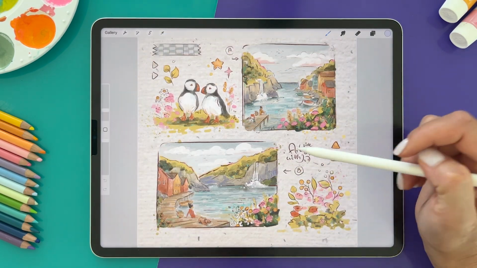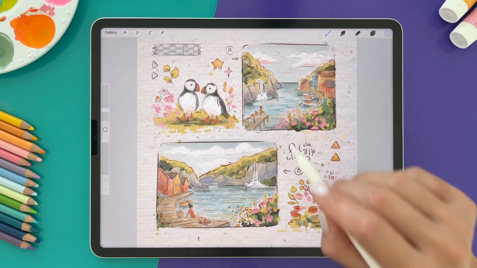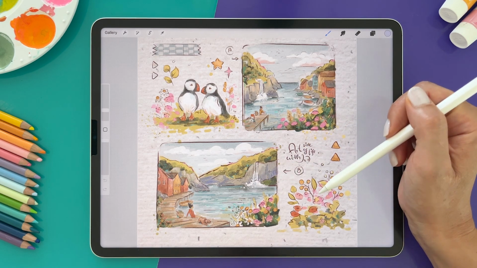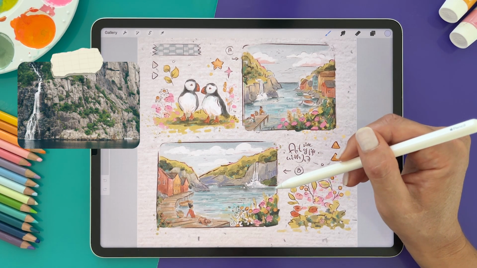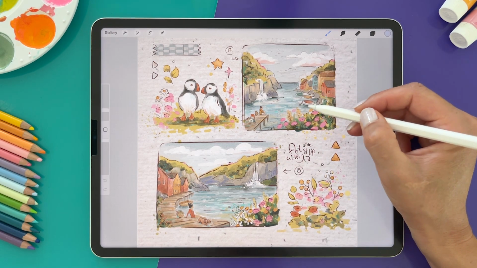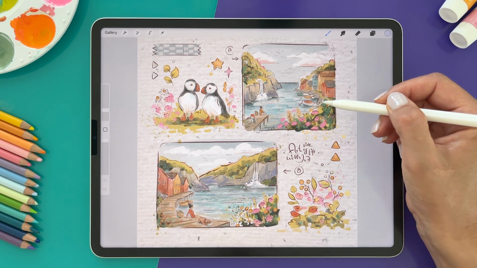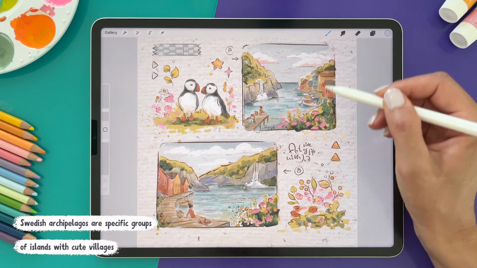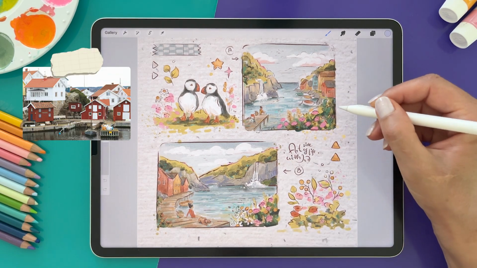Alright, so this one was inspired by Scandinavia again, and I kind of combined different references for this one because some of the waterfalls are, I feel like, more iconic for Iceland or some of the fjords in Norway, but then the houses and these little boats, I looked at the inspiration from some of the Swedish archipelago villages where you have these fishermen houses where they are colorful, and I read they were painted all different colors,